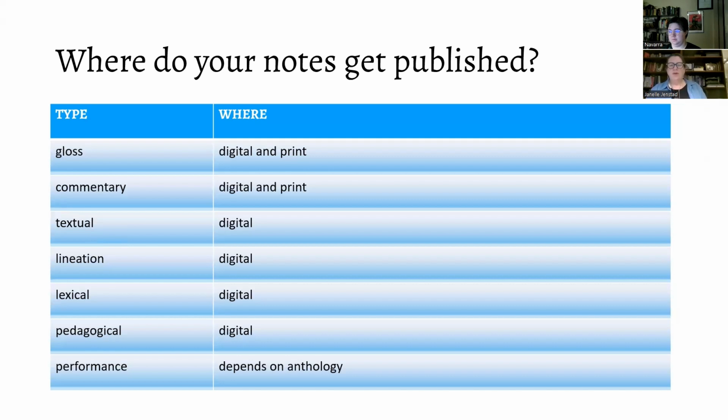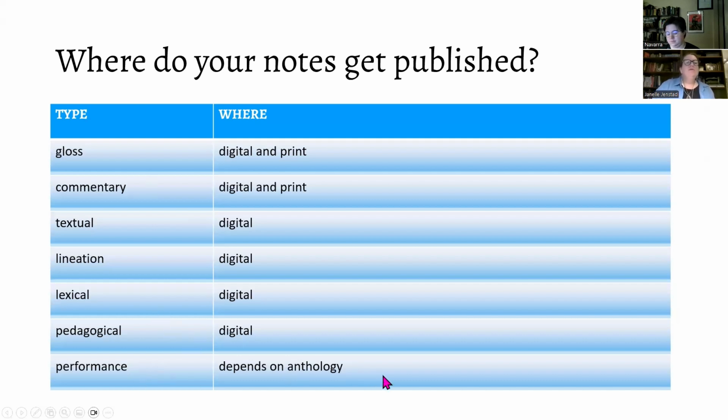So a hornbook, as you probably know, is the earliest text that a school child would use. We are imagining the print editions as being the first edition that somebody would use for one of these plays. And as they come to want more information, they will come to the digital edition to consult the textual notes. And likewise, the collations don't show up in the print edition.